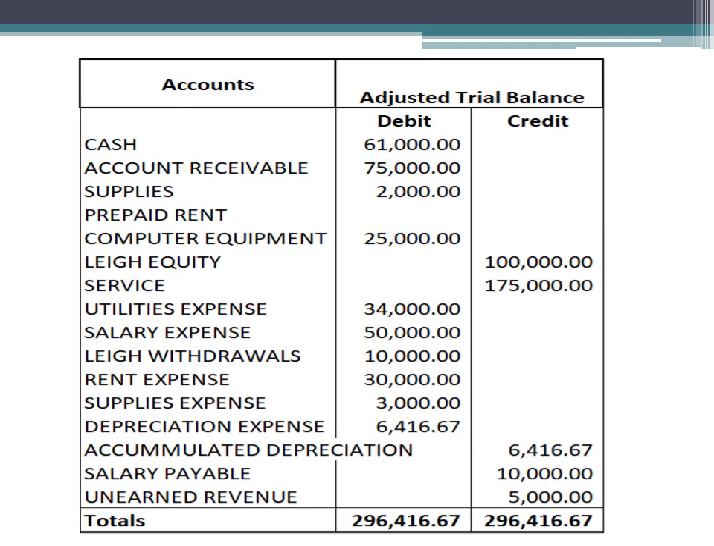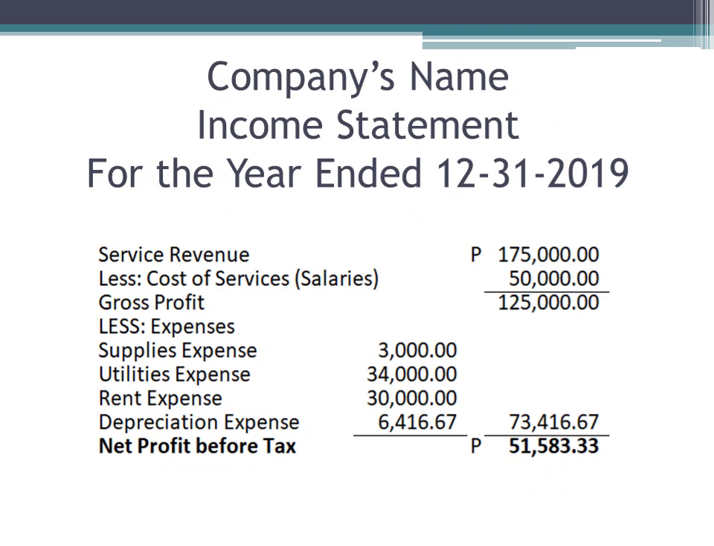Next, we get our adjusted trial balance from our adjusted trial balance video. We said that the income statement only includes revenue and expenses. So all the asset accounts will go to the balance sheet, and all the income and expense accounts will go to our income statement. Here we also have again the company name, income statement for the year ended 12/31/2019. So we have the service revenue 175,000 from our trial balance,